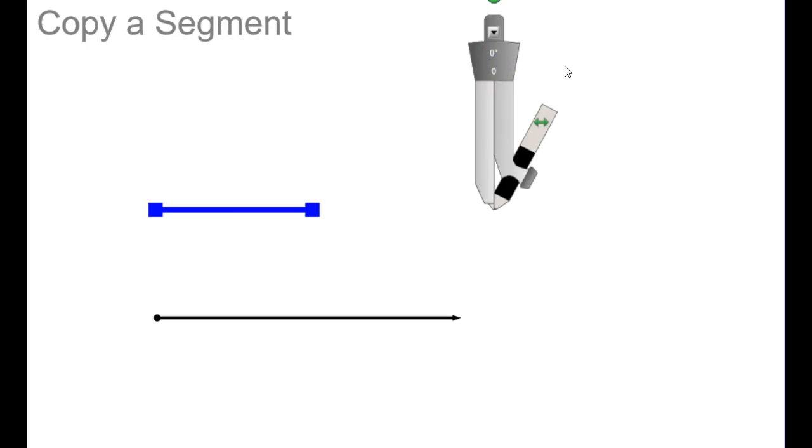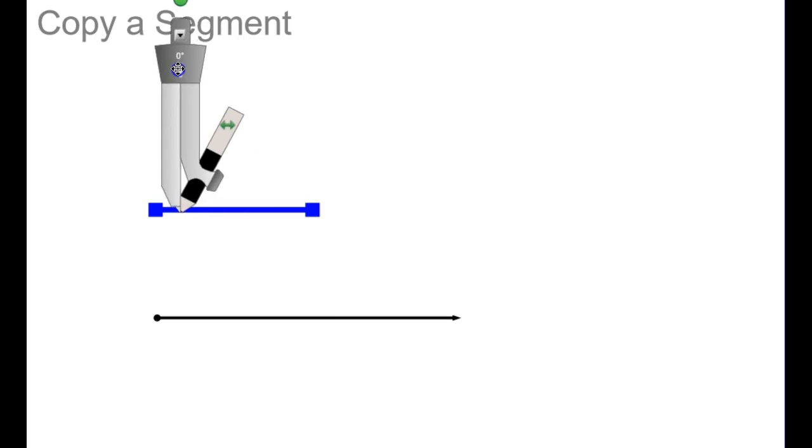The second construction we're going to complete is how to copy a segment. So we have this blue segment above, which we're going to copy, and then we have the ray down below that we need to create another endpoint on to create that segment. So again, we're going to use a compass to complete this task. So if I drag the compass over,